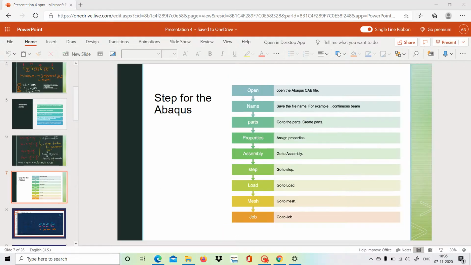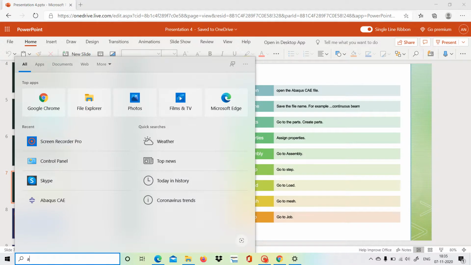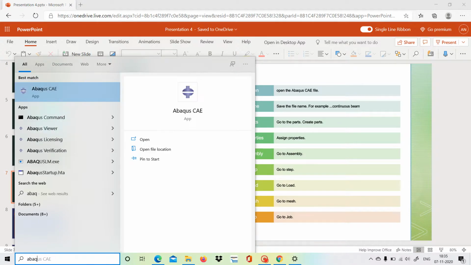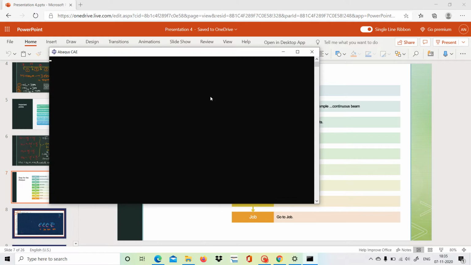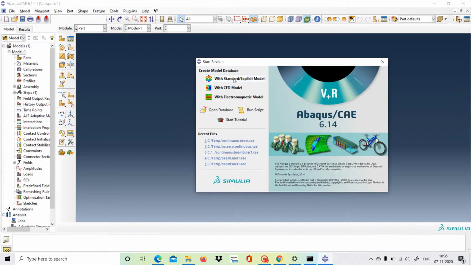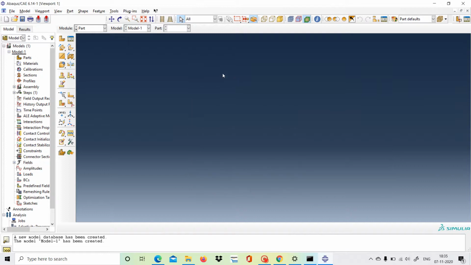So we are going here to start our work. We will just write abaqus cae. So the Abaqus CAE file is here. We will just start. It's opening. It takes some time to start. Yeah, it has started. It is standard.